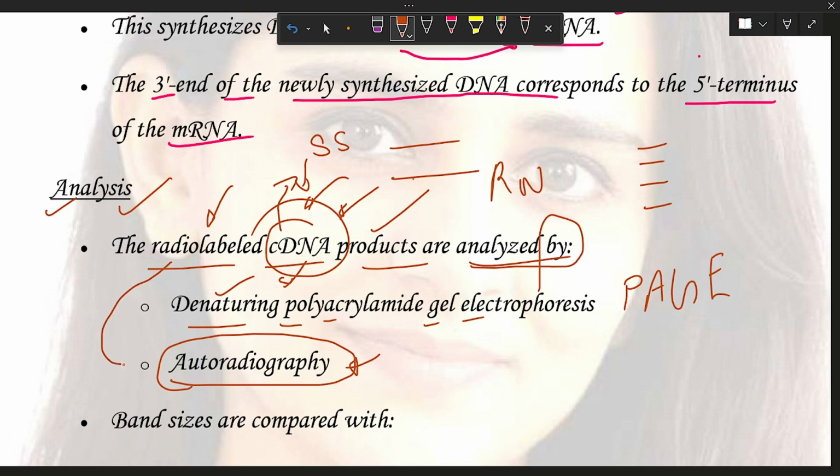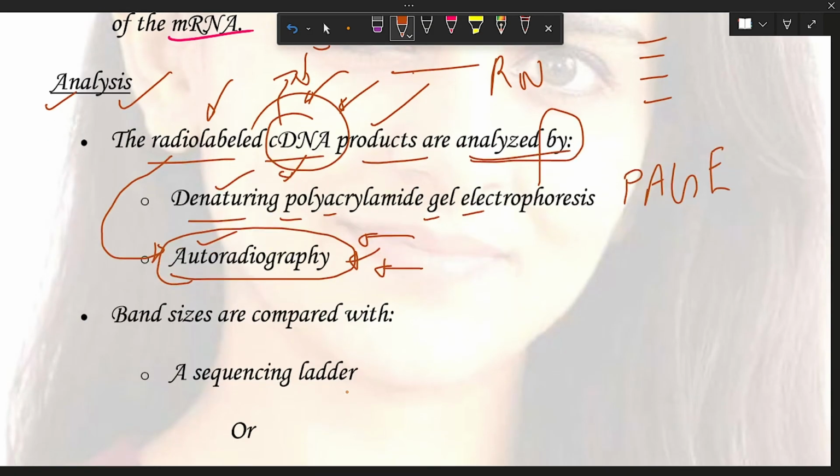Because this strand is labeled with radioisotopes. If any biomolecular substance is labeled with radioactive isotopes, it is analyzed with autoradiography film.